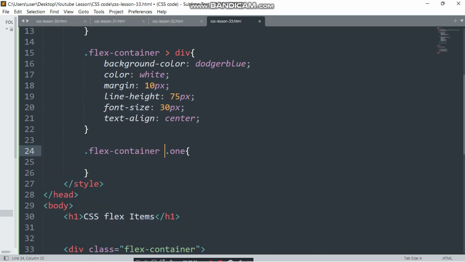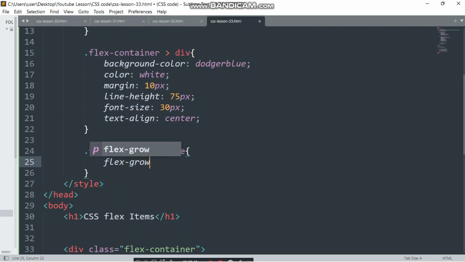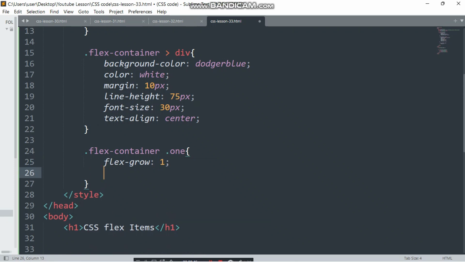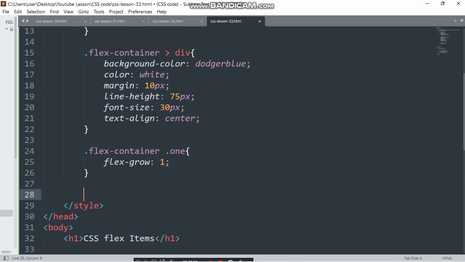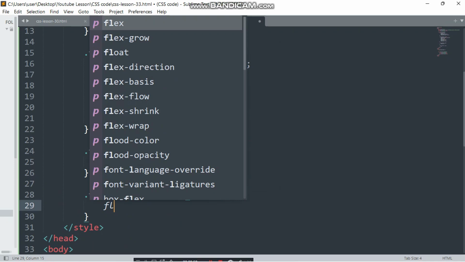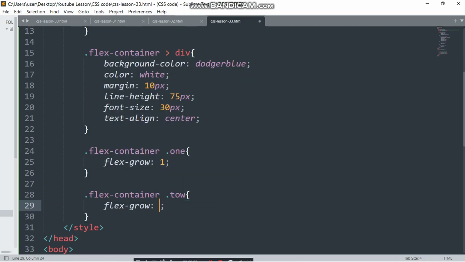In dot 1 we can have flex grow should be 1. And in dot flex container dot 2 we say our flex grow should be